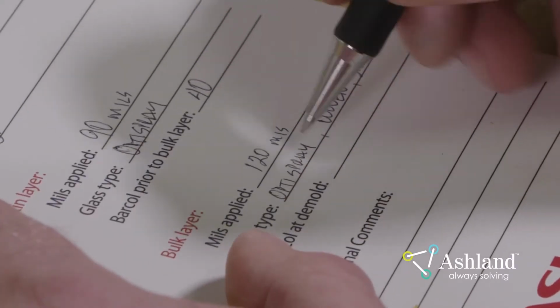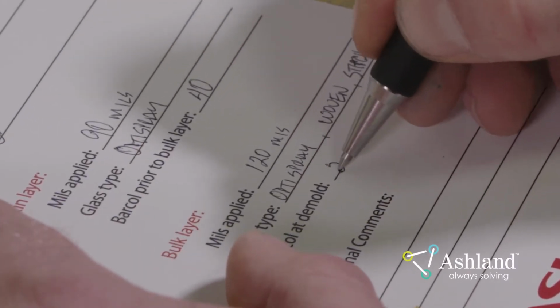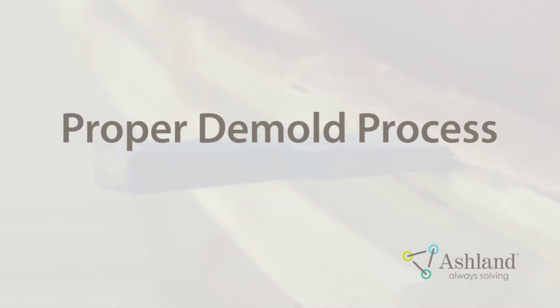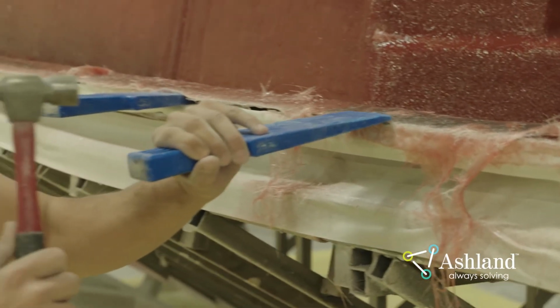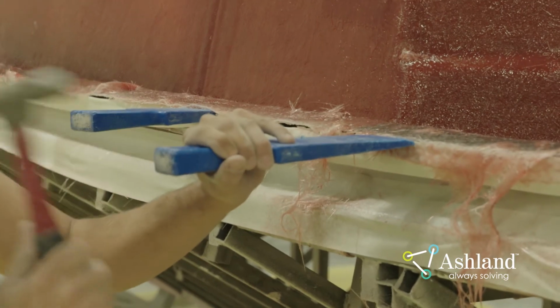This ensures that the parts are cured and have enough green strength to be pulled. Record the Barcol at demold on the laminate documentation card. Proper demold process. To begin demolding, use plastic or wood wedges to gently break the sides of the part loose